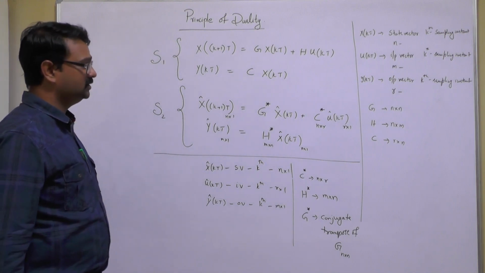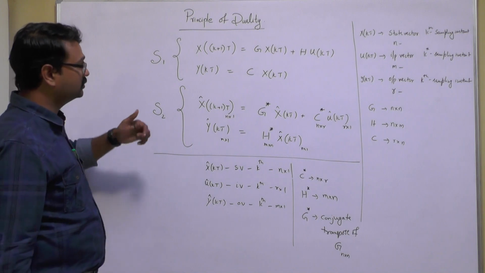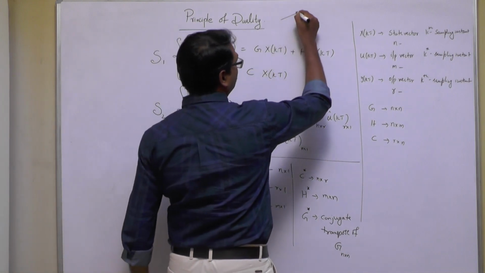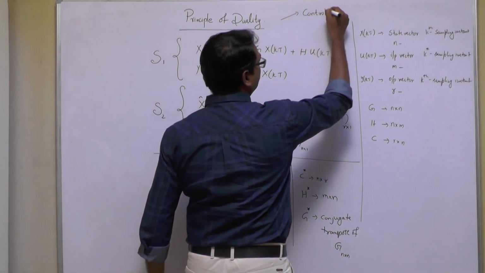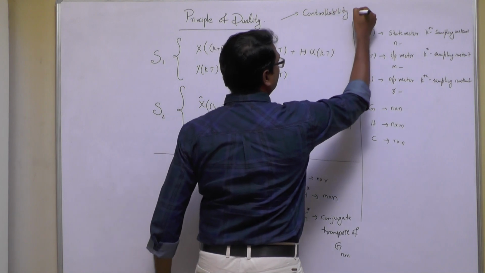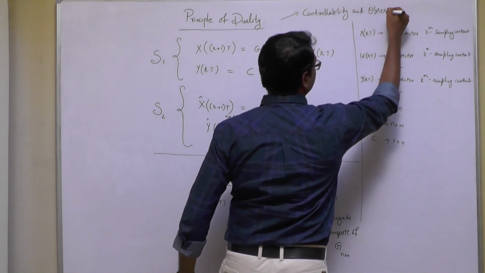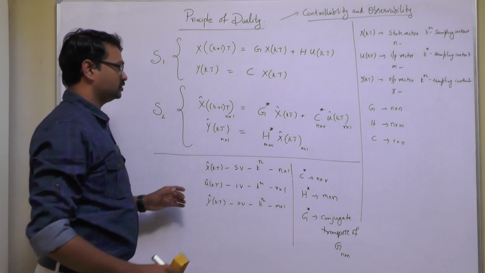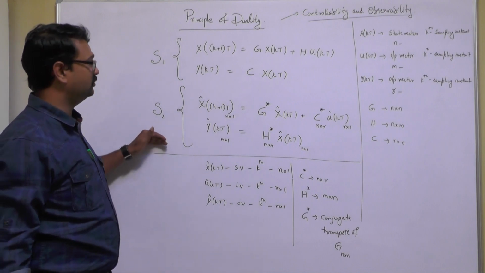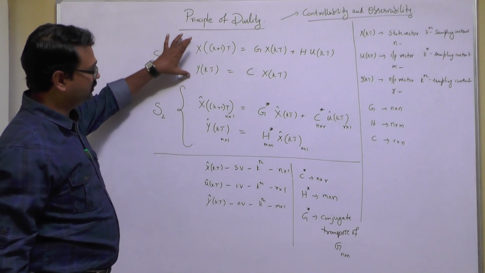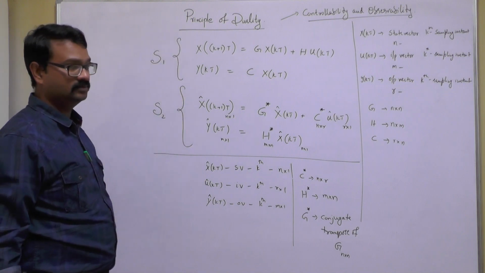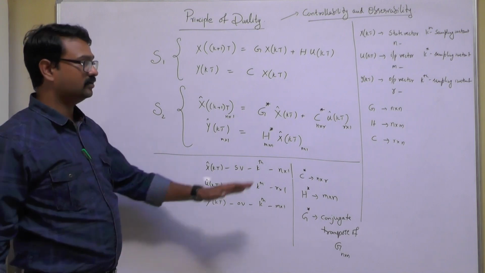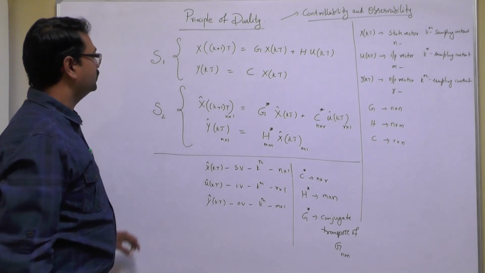Now, when we have all these things, it is possible for us to find the relationship between controllability and the principle of duality. It is the relationship between controllability and observability. It is very important for us to find the dual system of the given system. If we are given this matrix, then you can find the dual system. When these two dual systems exist and the orders of these matrices are of this sort, then you can